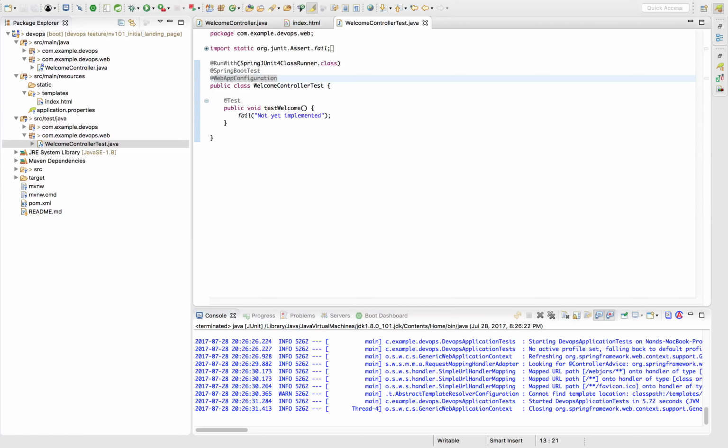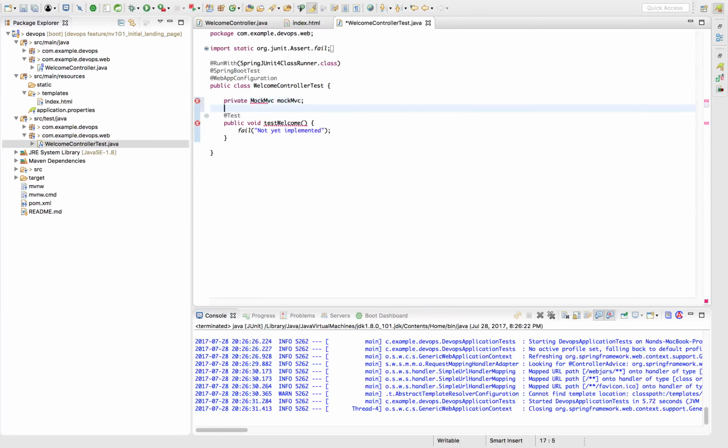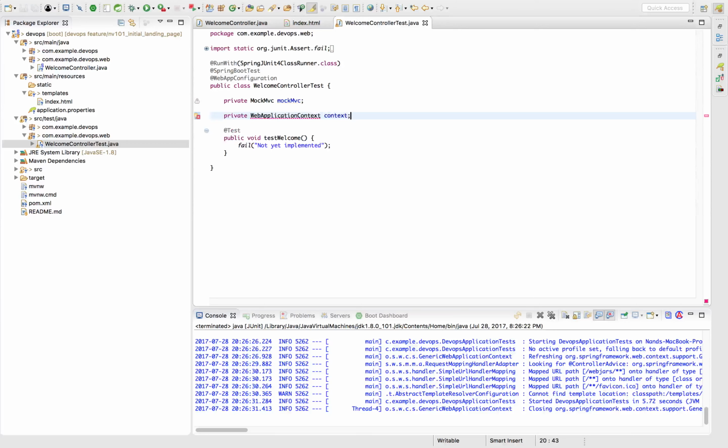Right, so my test is set up. I want to inject a mock MVC to be able to mock the request, and I want to also get the web application context auto wired in for the test,